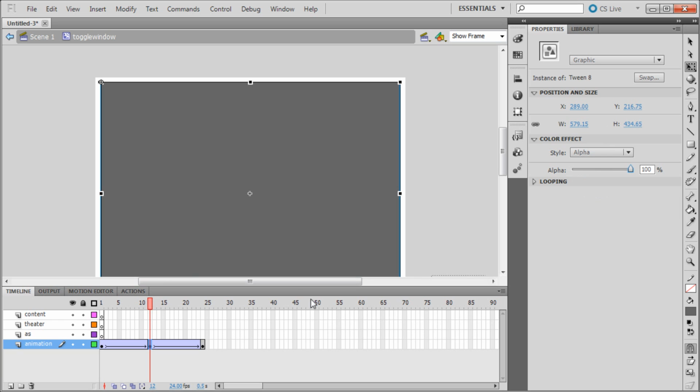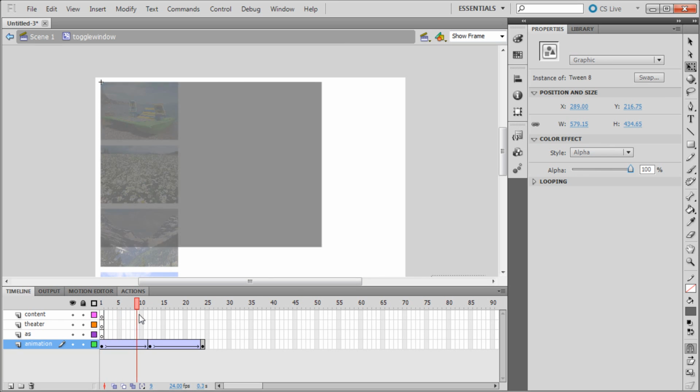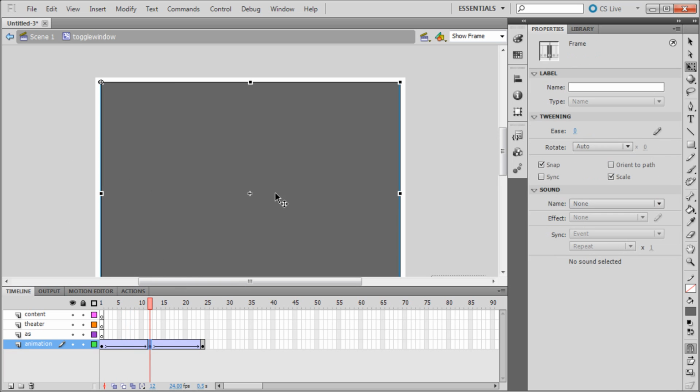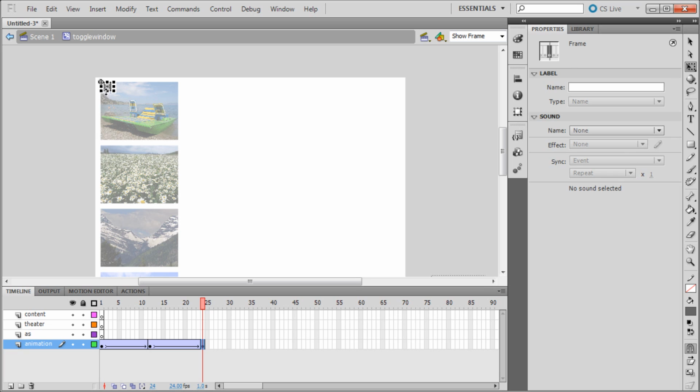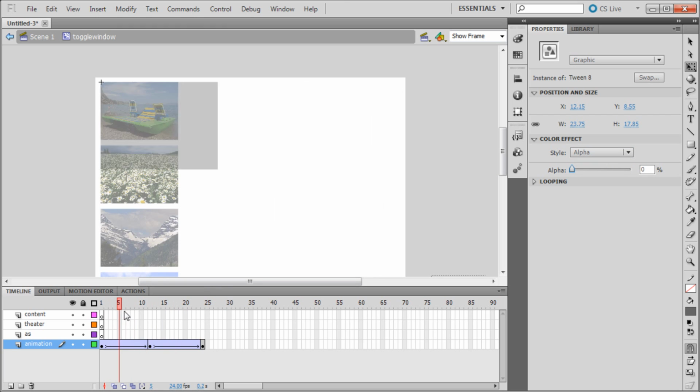So the alpha basically controls the transparency. It's like the opacity in Flash. So you can see now we have it fading all the way up. Then it gets to full opacity there, and then basically we want it to go back down at frame 24. So we're going to click on this, click on the rectangle, go to Style, Alpha, and then drag this down to 0. So now we have a nice animation that fades in and out,